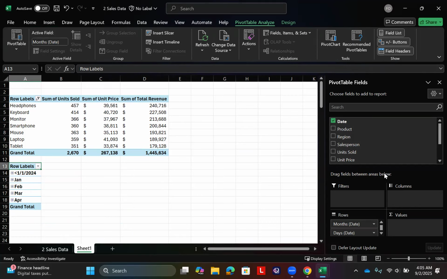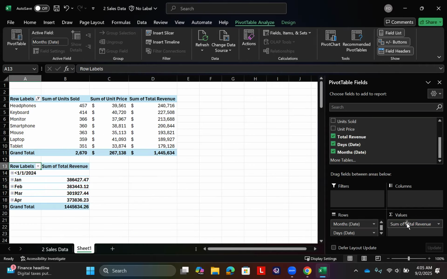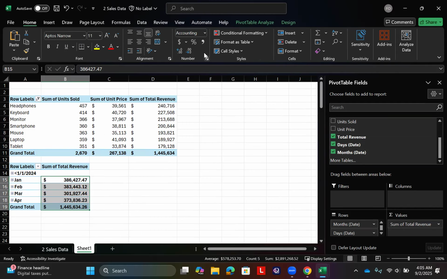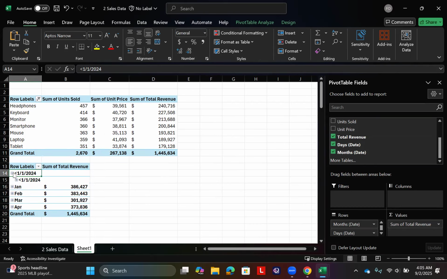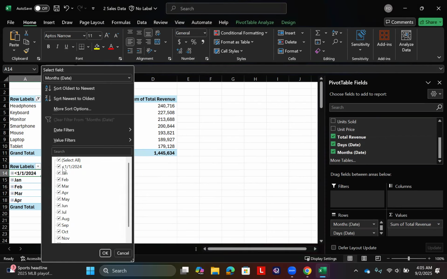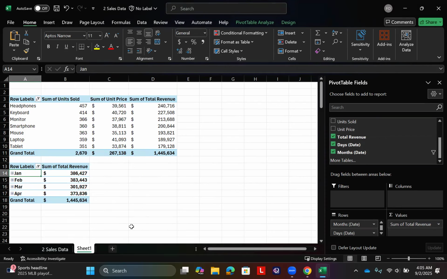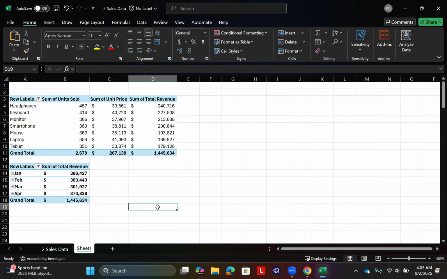And what I would like to do is, again, maybe I'm interested in the total revenue. So you can see total revenue here. I will highlight those under home tab, click dollar sign. I don't need decimals. Perfect. So you can see in each month what's going on, like January, how much the sales is happening, February, March, and so on. You can see the highest sales here happen in January. And let's see whether there's any data before January 1st, 2024, which I don't have. So again, if you don't want to see it, you can just uncheck that. So another way, for example, if I want to see my data by month,